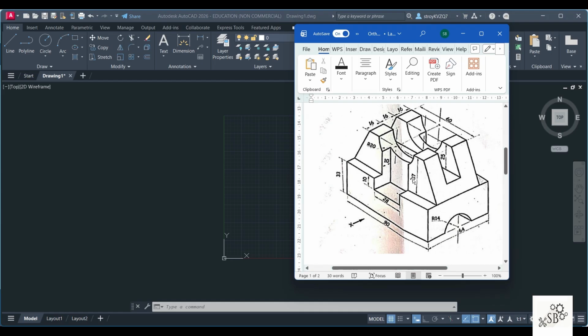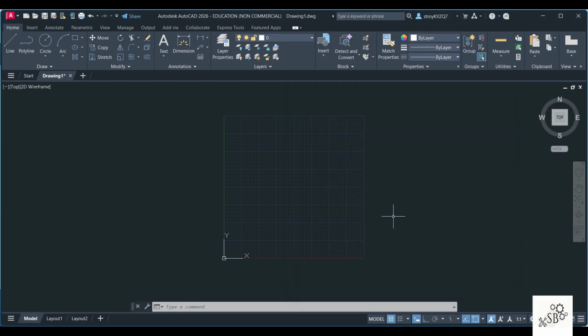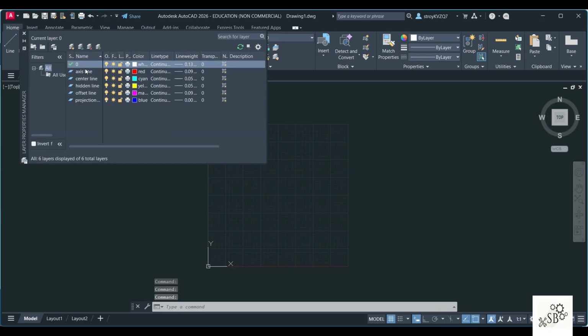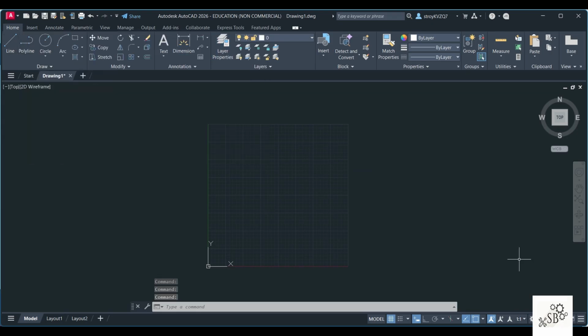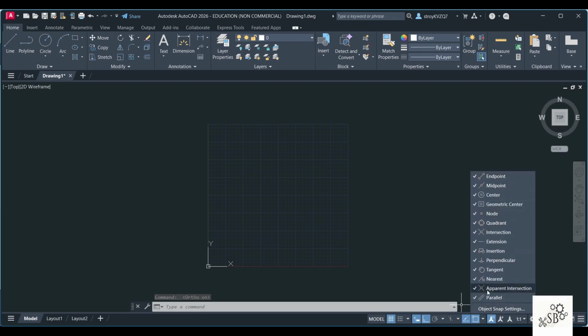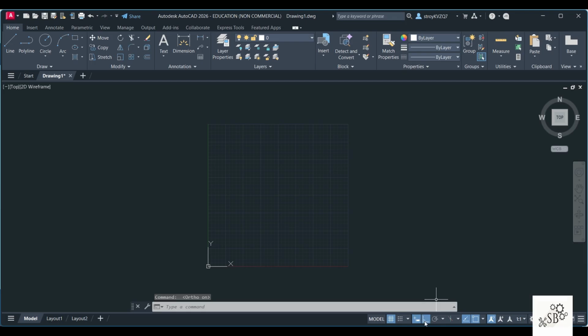So we will start by first arranging the screen. I have used all the initial 4 commands for setting the screen and coming to this screen that you can see now. Also, I have created the layer properties. I have created a separate video on it. You can just go through that video and you can set the screen for the drawing. Also, don't forget to switch on the options from the bottom here. Here you'll have to click on all the options, switch on ortho mode and dynamic input on. Once you've done all these things, we will start drawing.